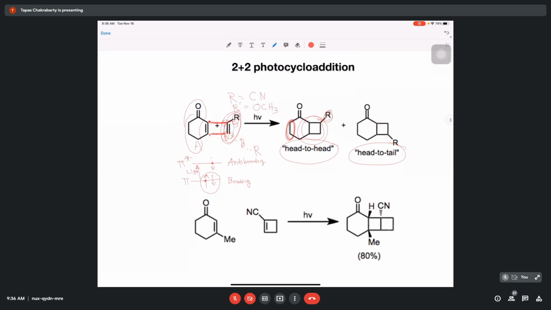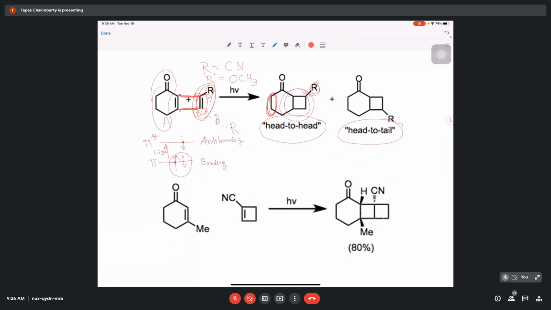Now, what is the final product? That of course depends on to what extent the interactions are. You can see here that the second example given below is again a cycloaddition reaction. In this case, what you have taken is basically a cyclobutene molecule, and at this position you have a nitrile group.